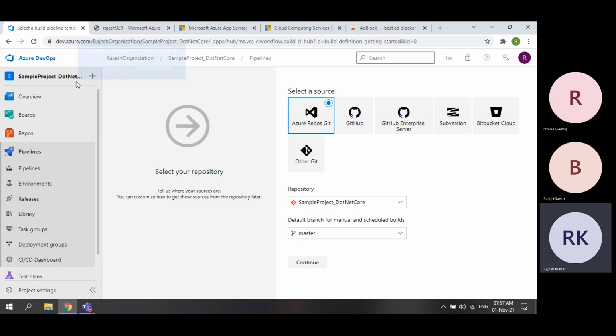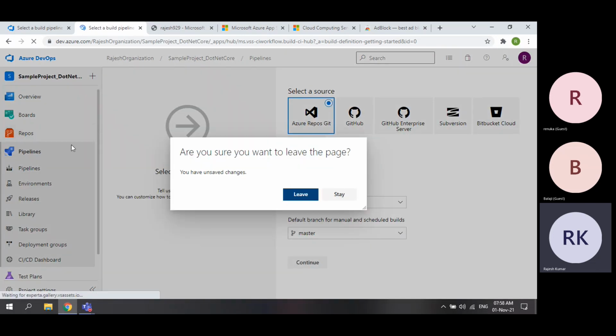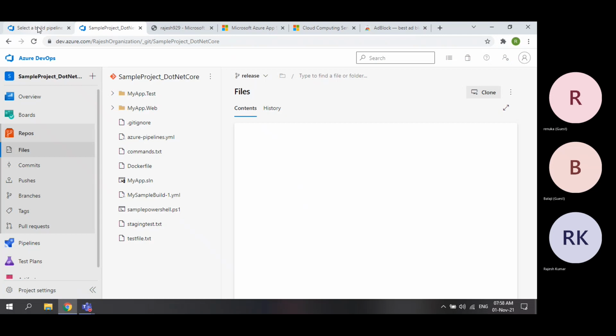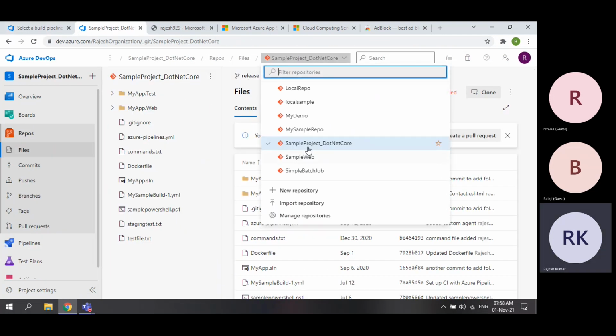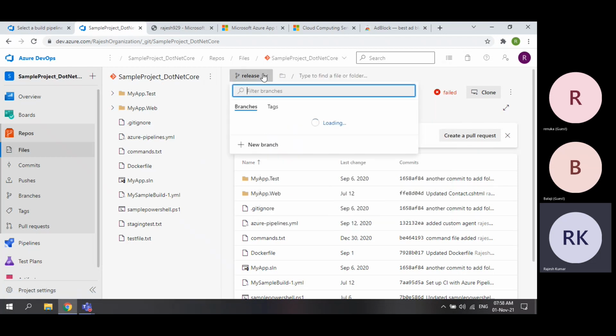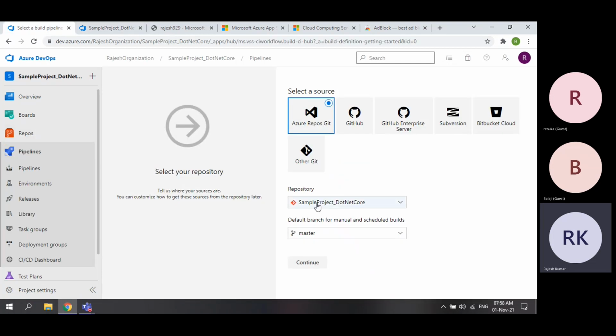I need to verify where the code is. That code is in the sample project .NET Core repo, and the branch is release. There are many branches, but I will use release.